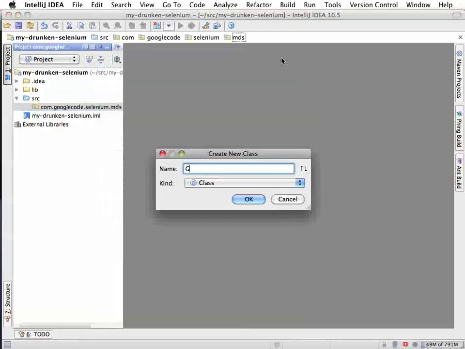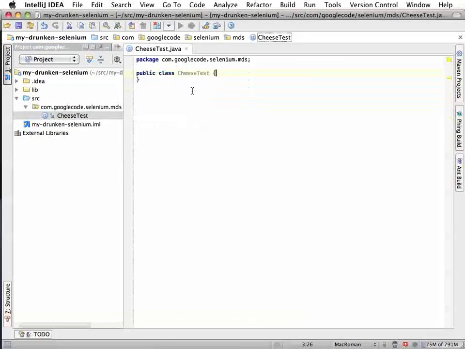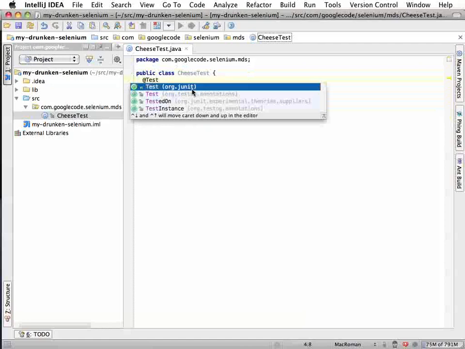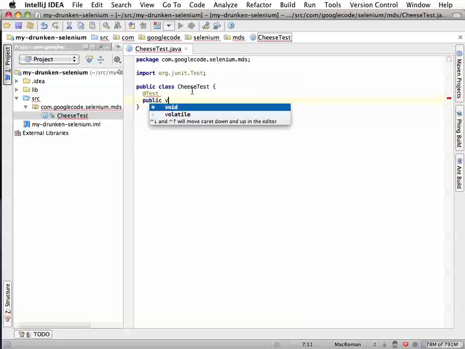All classes are called cheese test, because all test classes end with the word test. Delete the gumph we don't care about. Yeah, I want to test. I definitely want to use JUnit. Public void